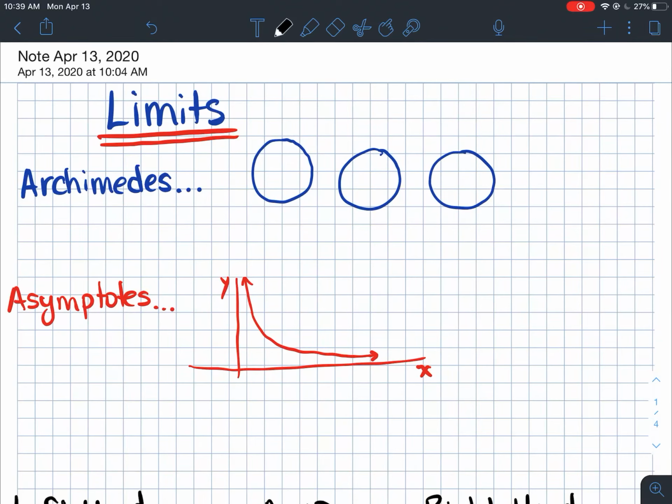Hey guys, this is an intro to limits video. This might seem kind of weird because you haven't seen it before, but you'll get more and more used to it as we continue to do questions. Okay, so I kind of brought about the concept of a limit in the previous videos when we were looking at instantaneous rate of change